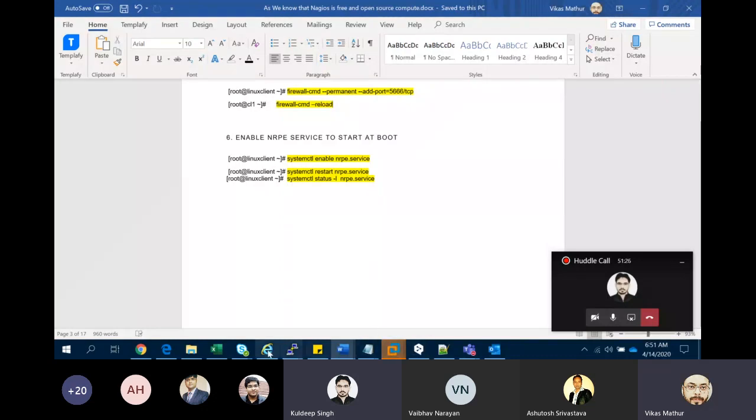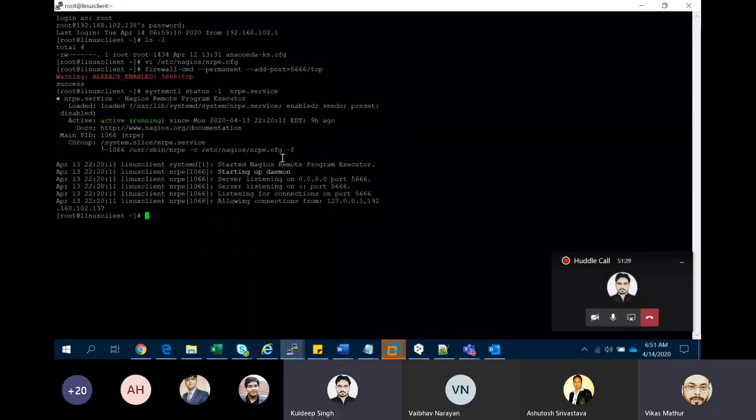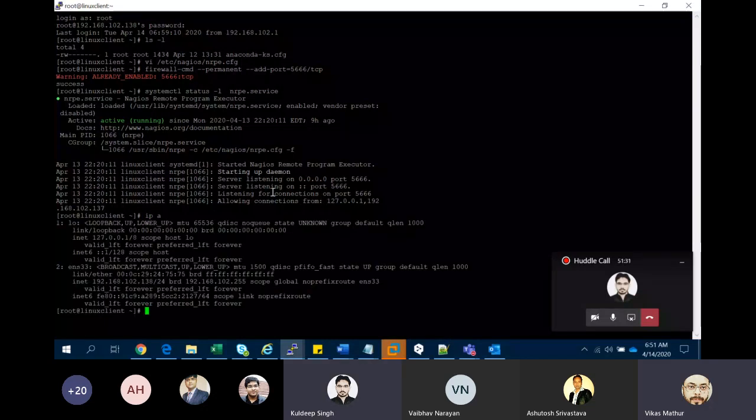So you see, this is my virtual machine, and its IP is 192.168.1.30. I just created this virtual machine and installed this particular package. Go to the configuration file, just allow this particular IP address, then allow that particular port, and after that enable some NRPE services. That's it. I did nothing else. You can see the daemon services are running and allowing connections.